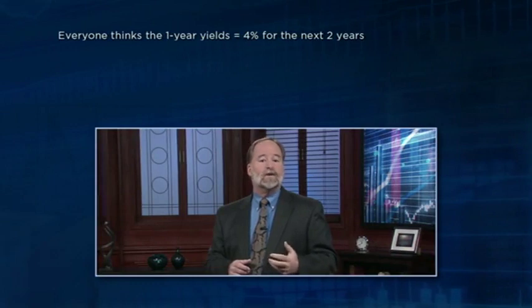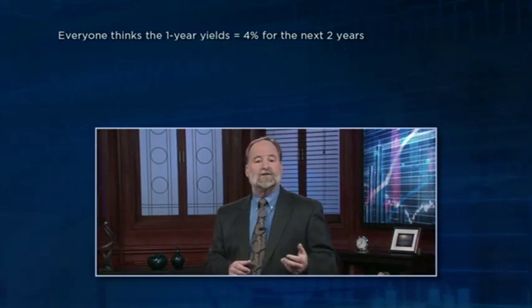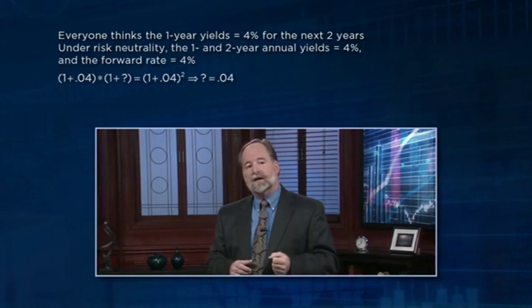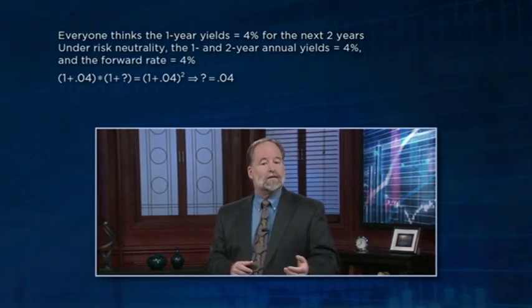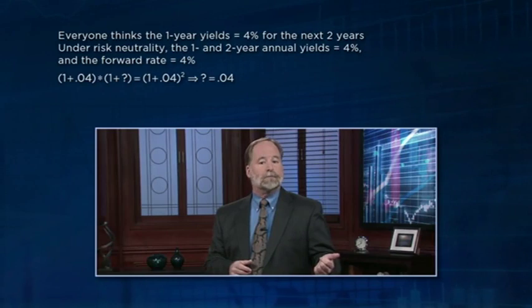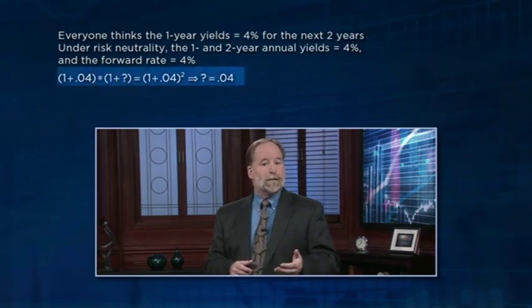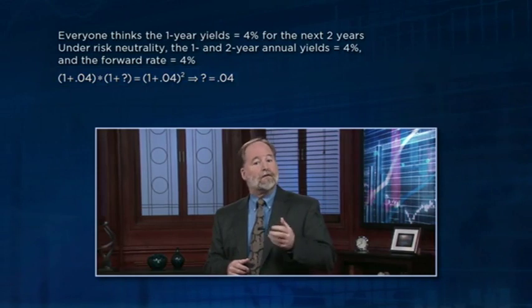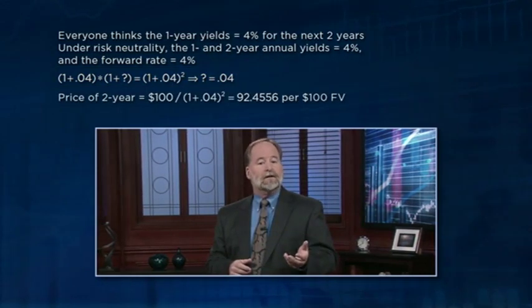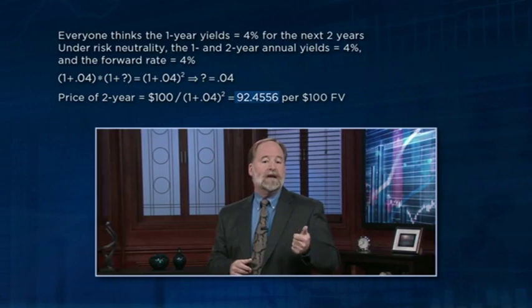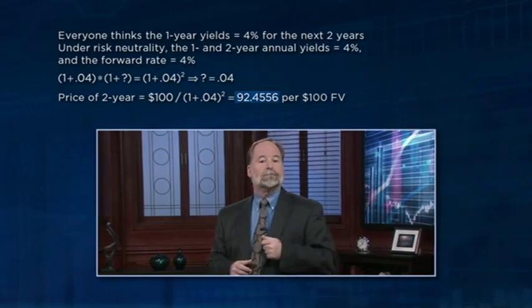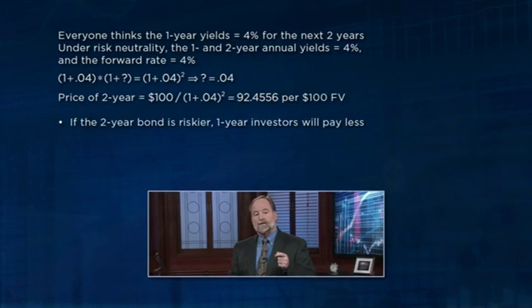Why does this imply the upward slope? Well, let's consider the case in which everyone thinks the one-year yield will be 4% on average for the next 2 years. Under risk neutrality, then the 1-year and the 2-year yields will both be 4%, as we argued before. And the forward rate will again be 4%. For reference, the price of the 2-year per $100 in face value is going to be 92.4556. But if the 2-year bond is riskier than the 1-year bond, then risk-averse investors will be willing to pay less than that